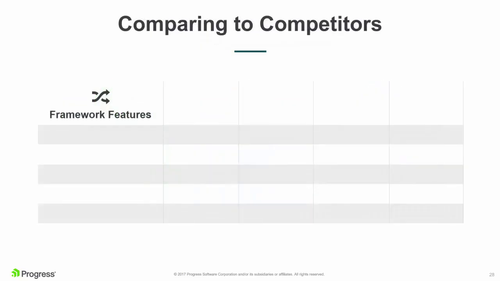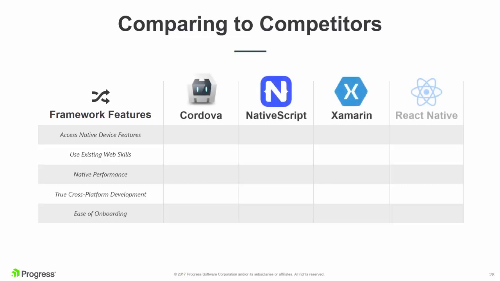Now, NativeScript also fares very well against its main competitors. We've got hybrid and we have multiple native options like NativeScript and React Native. Well, let's take a minute to look at some of our competitors and see how we stack up. So starting at the top, every framework here allows you to access native device features. The asterisk next to Cordova is because Cordova relies on plugins to access features, so it can lag behind other